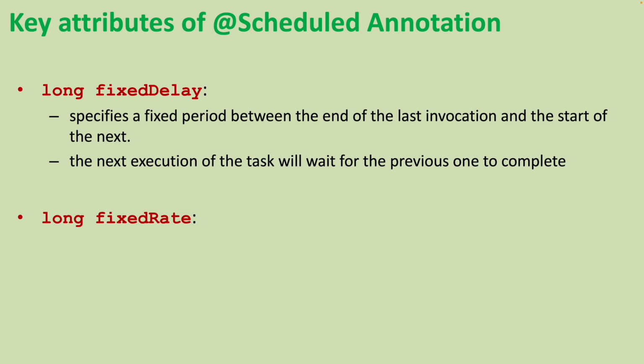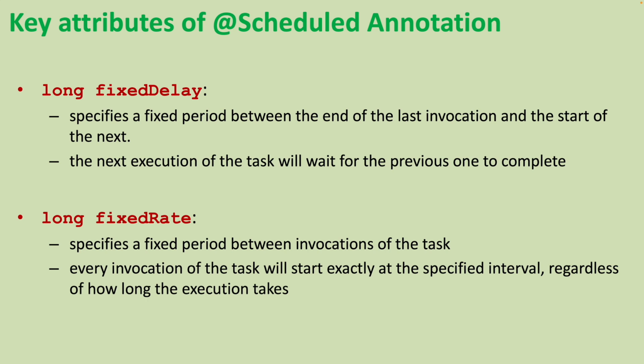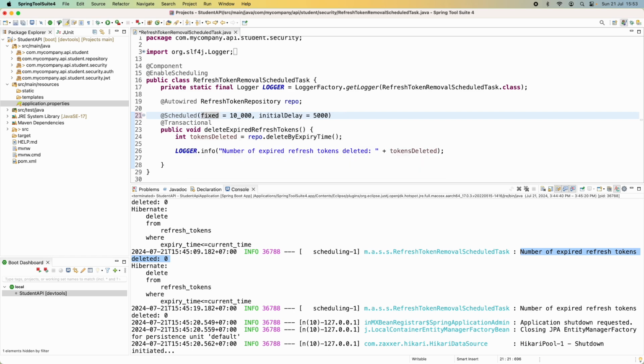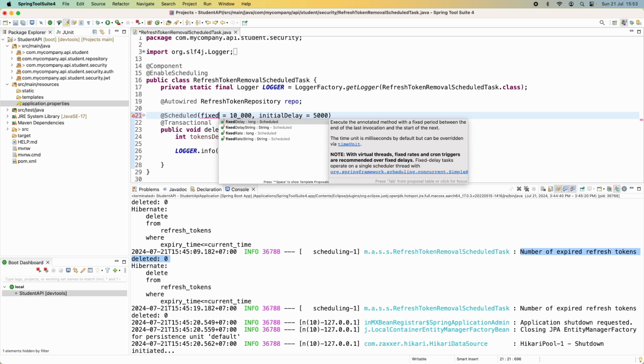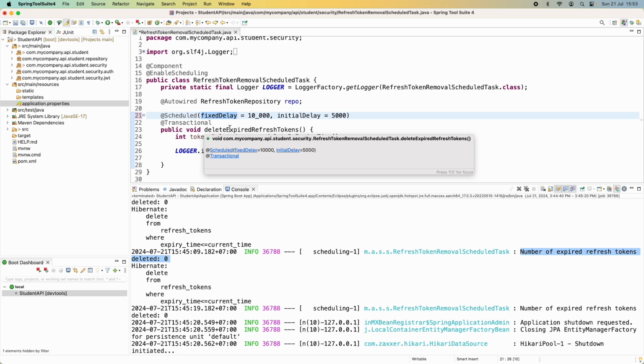And the next attribute is fixedRate, which is also of type long. It specifies a fixed period between invocations of the task. It means that every invocation of the task will start exactly at the specified interval, regardless of how long the execution takes. So this is the difference between the fixedDelay and fixedRate attributes. In this example, I use the fixedRate attribute. You can also use fixedDelay like this. So use the fixedDelay attribute if you want the next execution to wait for the previous one to complete,